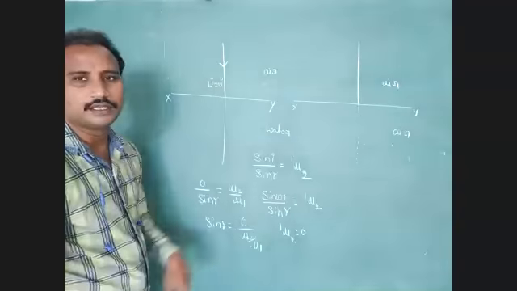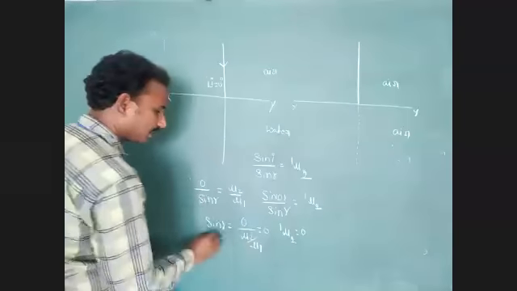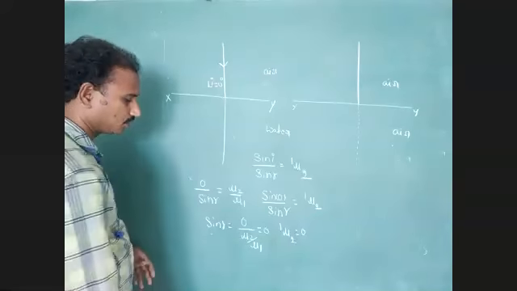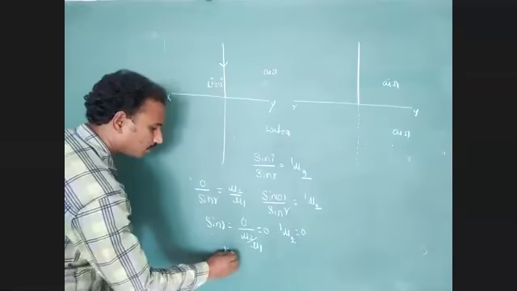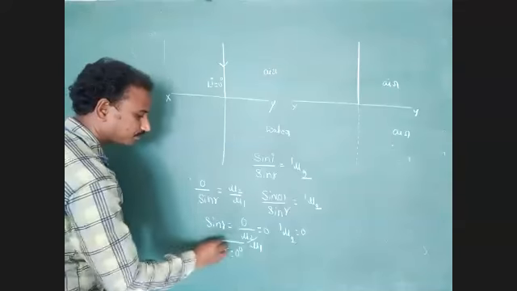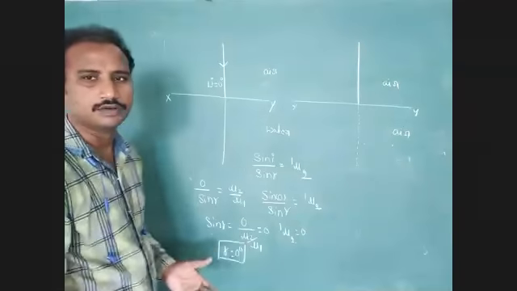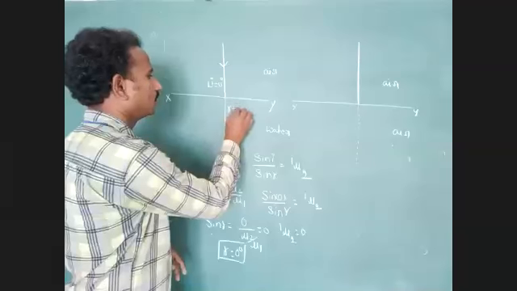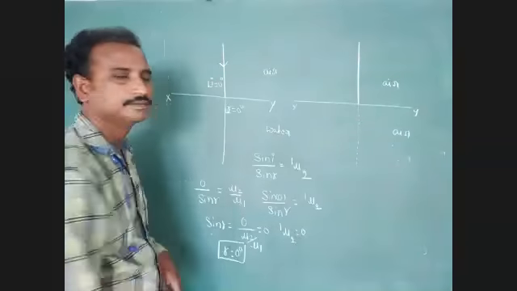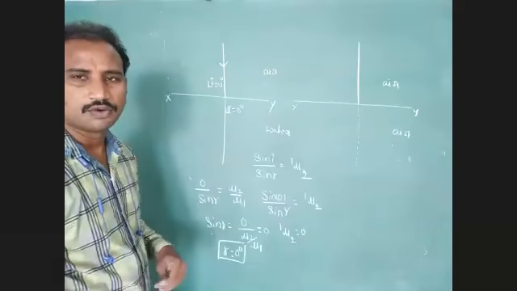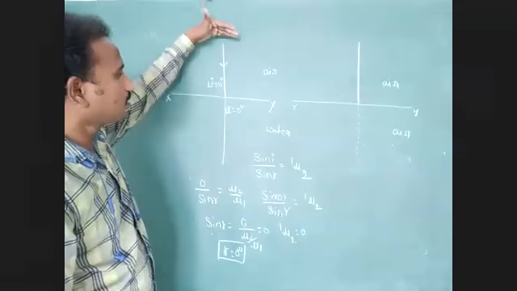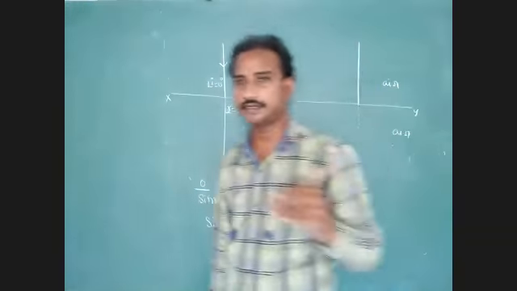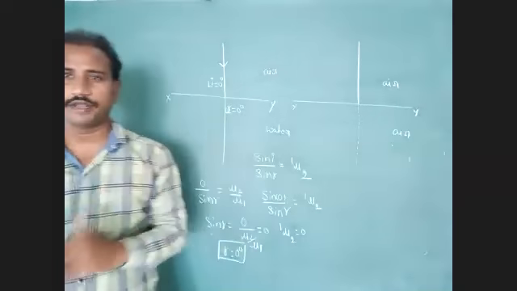0 by anything equal to how much? 0. Sin R value equal to 0. So R value equal to how much? 0 degree. Angle of refraction, how much here? R equal to 0 degree. Understood? Okay, so here a ray of light is following the path along the normal direction and it is incident perpendicular to the refracting surface.